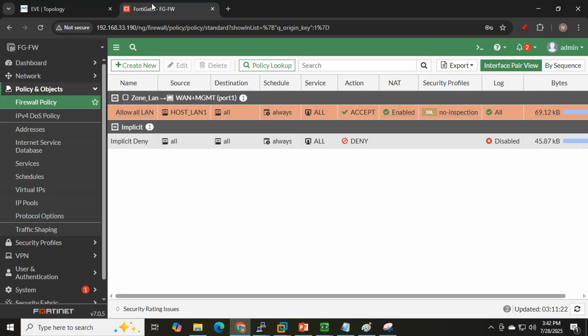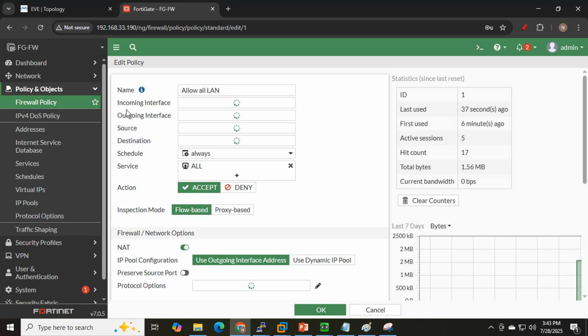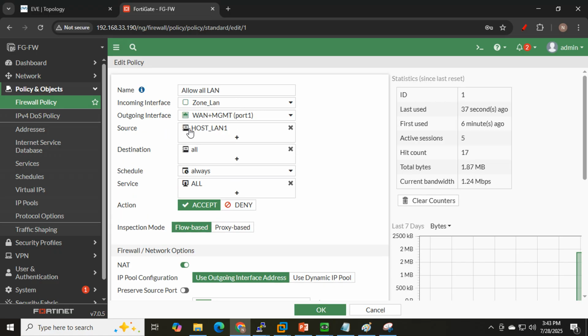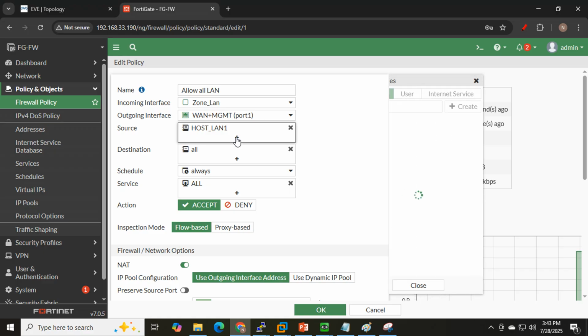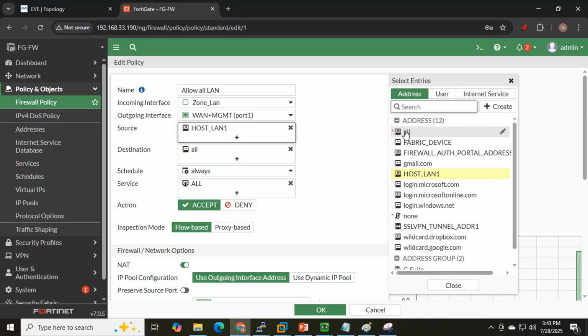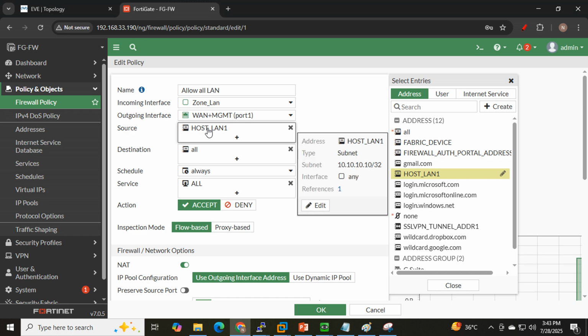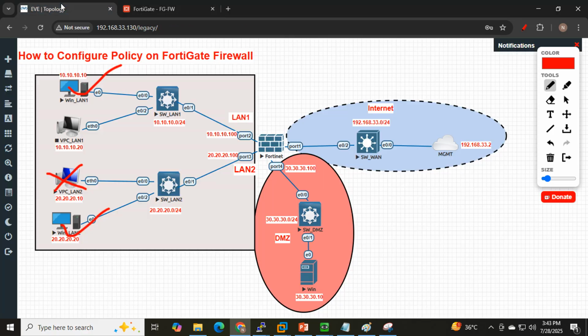So let's do one thing. We'll just double click on this, and this is our source, right? The source is LAN 1. We can add one more source. Earlier what was there? Yeah, host LAN 1. So this is the only IP right now allowed. What we want is to allow